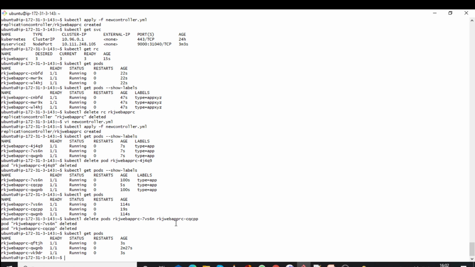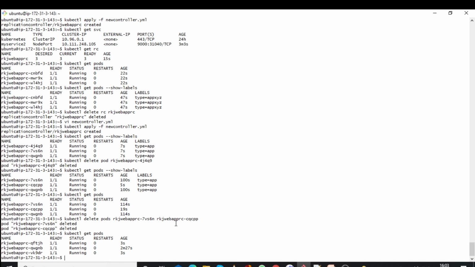Okay, so this is the beauty of replication controller, but there is still a demerit of this, which can be fixed by replica set. So what is replica set? Replica set ensures how many replicas of pods should be running. It can be considered a replacement of replication controller.